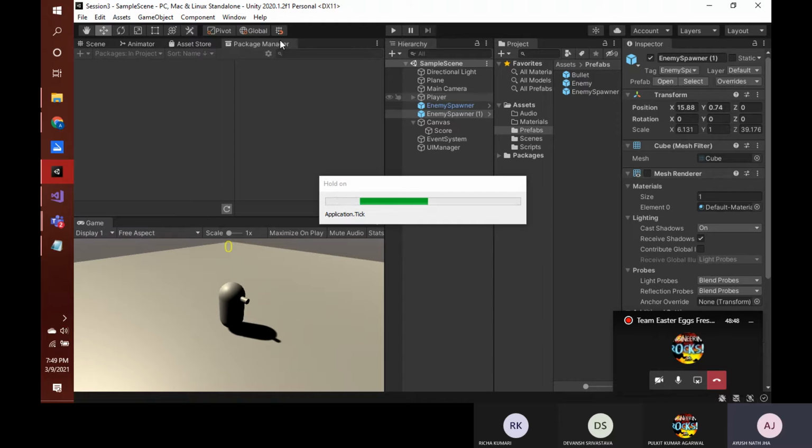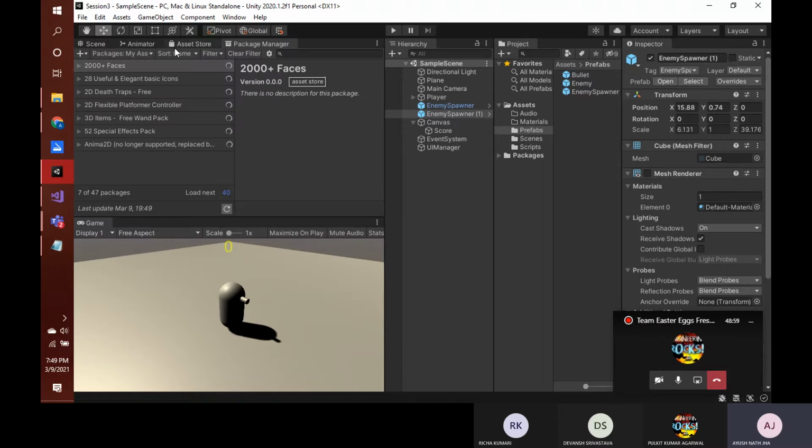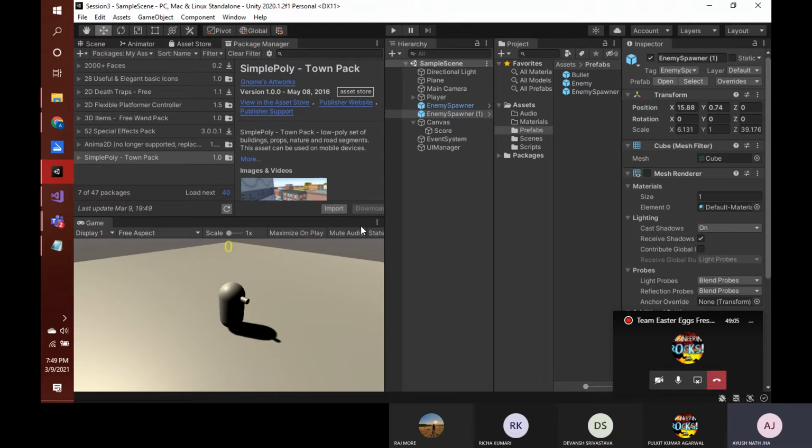Since Unity version 2019.2 or 3, I guess, all these packages have been shifted. This management has been shifted to package manager. Earlier there was this asset store link from where you had to click and directly download, import from there, but now we have this package manager to manage things.